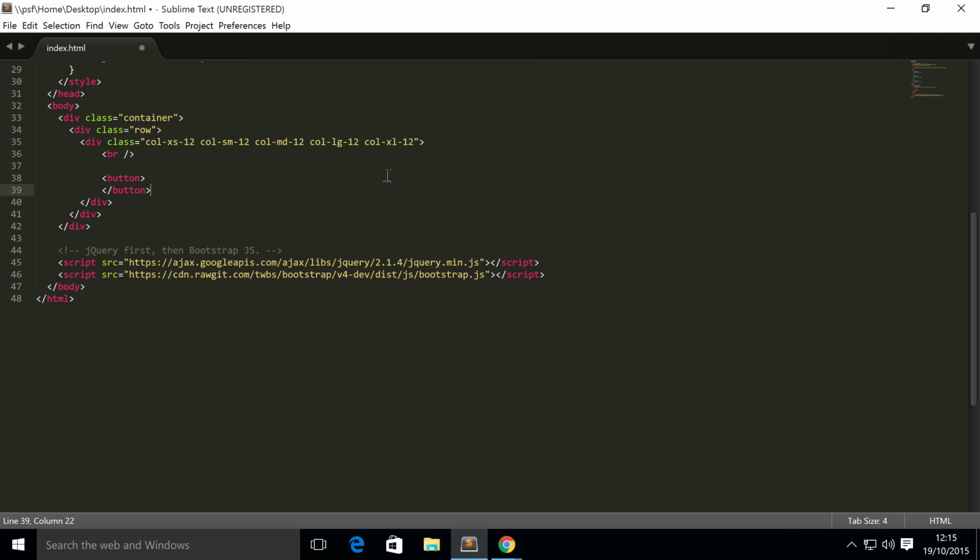button, type equals button. Needs to have a class. I'm not really going to cover buttons because we have a separate video covering all of that. This is just to get something set up so we can actually trigger modals. data-toggle equals modal, and now next we just put data-target equals